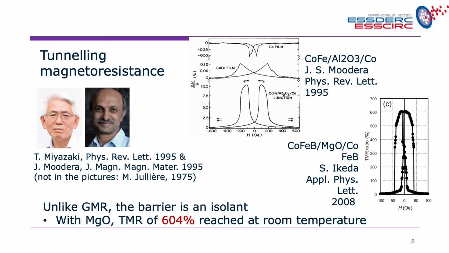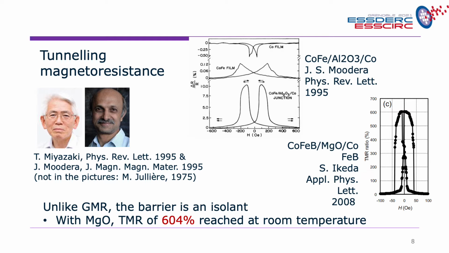So the barrier between the two layers of our sensors, unlike GMR, which had the conductant layer, is an insulator, an isolator, for example, aluminum oxide, which Moodera suggested, which can give us a rise of, as you can see here, delta R over R